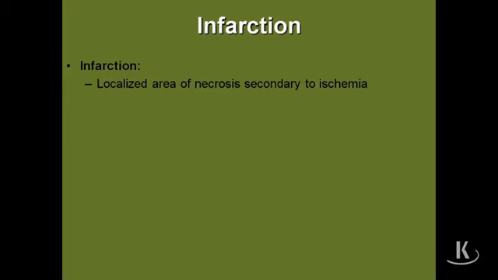The next topic we're going to talk about is infarction. And infarction, remember, when we talked about different types of necrosis, is a reflection of necrosis due to ischemia, lack of blood flow to an area that leads to localized necrosis. What's the necrosis we often associate with this, and the vast majority of tissue in the body? Coagulative necrosis,